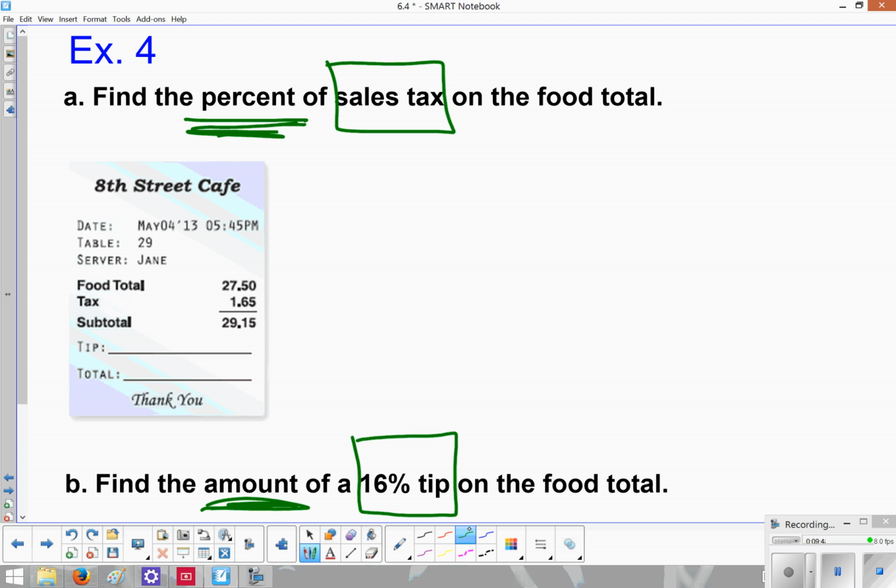Okay, so let's go ahead and start with the first one. It looks like we are looking for the sales tax. We know the tax looks like it's $1.65, but what percent is that? So we're going to use A equals P times W for our equation. And where A is going to be the part that you got charged for the tax. So since we're talking about tax, it's right there,